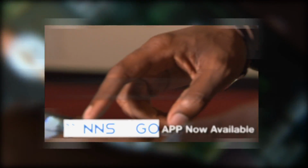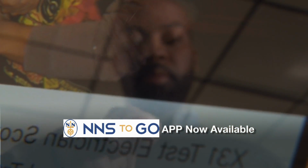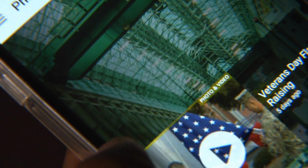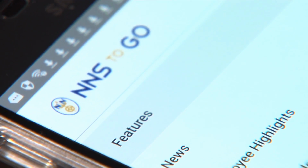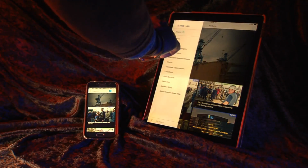Newport News Shipbuilding continues to go digital, this time with a new app for your smartphone. NNS To Go is designed to give users access to company news, employee resources, photos, and videos. The app will also give users the most current information regarding shipyard operations through push notifications to your phone. The app is available now in the Google Play Store for Android users and is coming to the Apple App